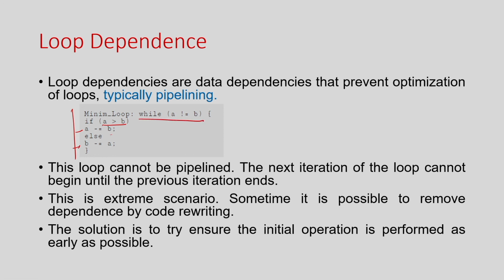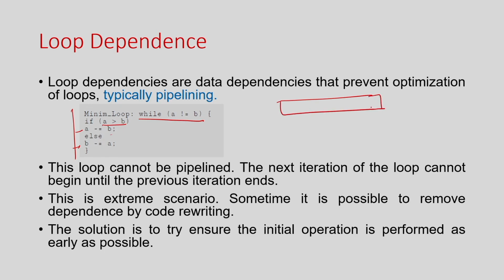So, now if I want to do the pipelining, you have to remember that in loop pipelining we have one iteration of the loop, and I do not want to wait till the completion of that particular iteration. I want to start the next iteration early, before completion. So, if this is the time taken by iteration 1, I do not want to start my i equal to 2 from here. This is the normal non-pipelined version of the execution.